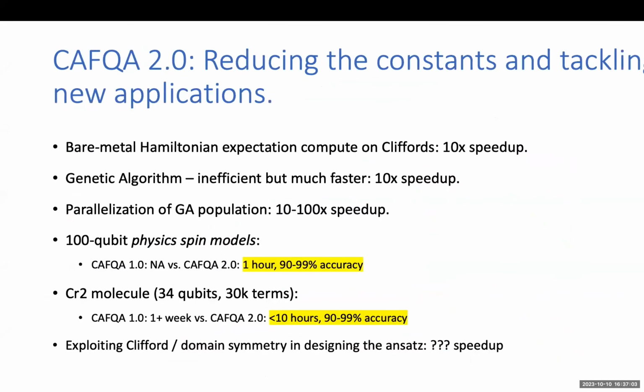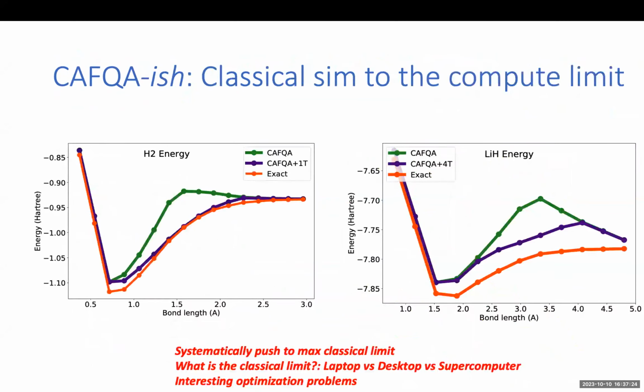Okay, so I'll just leave you with a couple of points. There's a lot of potential for pursuing optimization in terms of improving the quality of these algorithms. For example, with genetic algorithms, we found that we are able to get like 3 orders of magnitude improvement, which means that even for a 100 plus qubit system, we're able to get these very good Kafka points in less than an hour. And okay, so I'll just stop with this one.